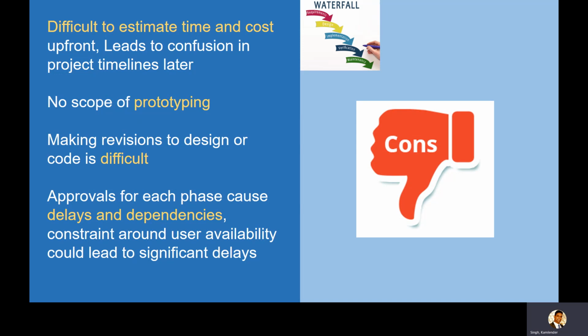Again, there is too much emphasis on approvals. I've completed my requirement phase, I'll give a walkthrough of requirements, I'll deliver the heavy documents to you and you give me approvals. Consider a phase today. Who reads that 200-page use case document? Of course, not the executive leadership. They will assign someone to read that. And of course, you would understand, you have written that document. Who has time and energy to understand each and everything documented in that 200-pager document? And that too, we have 3 such documents. So with heavy emphasis on approvals, if a person is not available, or is taking time to understand those requirements, it causes delays and dependencies.